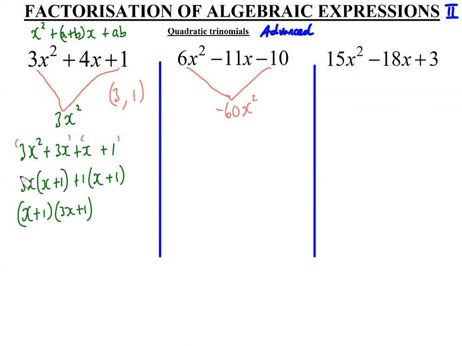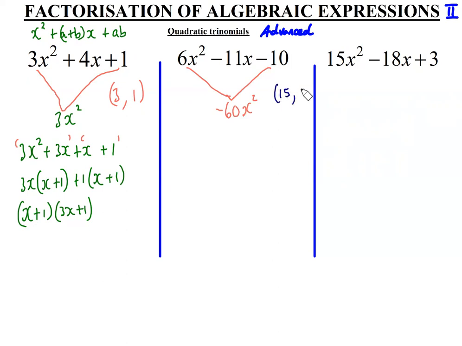Okay, now we look for the factors that if we add them, we get negative 11x. If you multiply, you get negative 60 x squared. What are those factors that you can think of? What are those factors, guys? Let's try to think. We multiply, we get 60. We add, we get 11. So those factors are